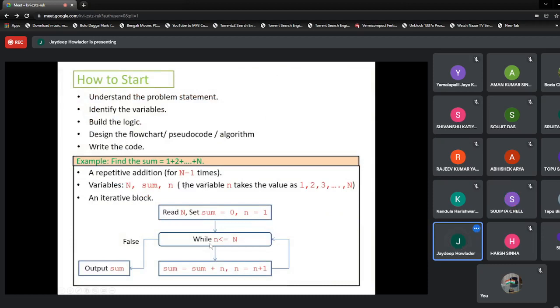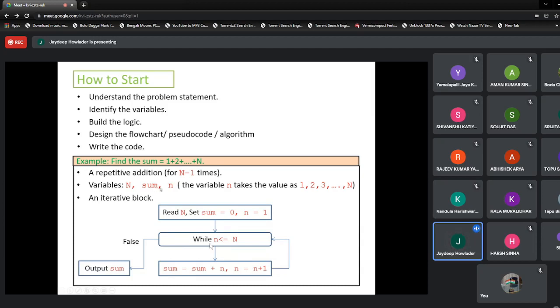So what variables do we require? We identify the variables. The first variable we require is capital N, the ceiling, meaning how many times we have to perform the addition. Then there is sum, which accumulates the intermediate result, like 1 plus 2, into a variable that will be used for further computations.